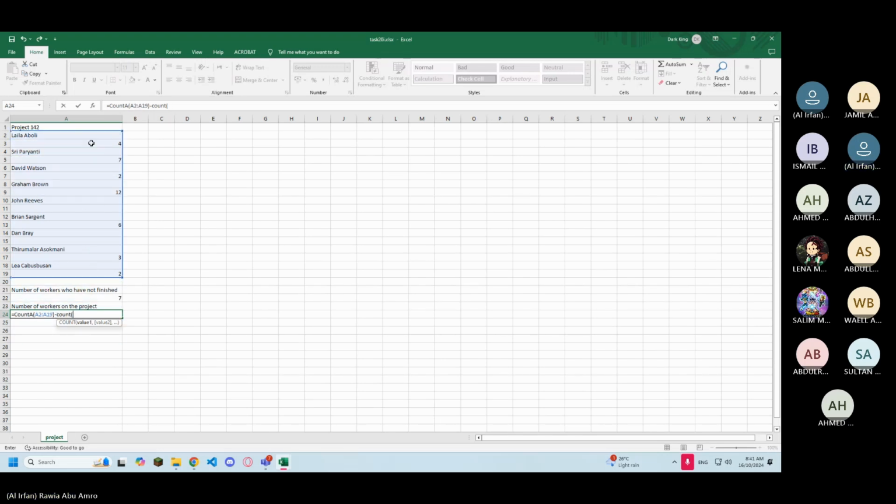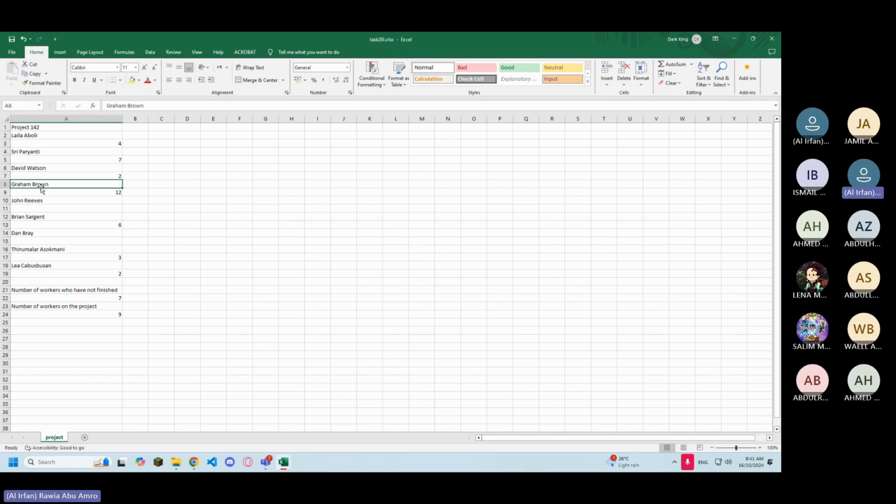Sorry, I will write it like this, from A to A19. You see, we have 9. What is this 9? This is only the text. 1, 2, 3, 4, 5, 6, 7, 8, 9. We have done